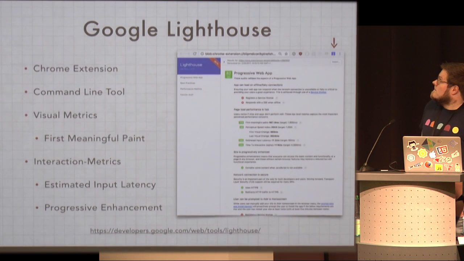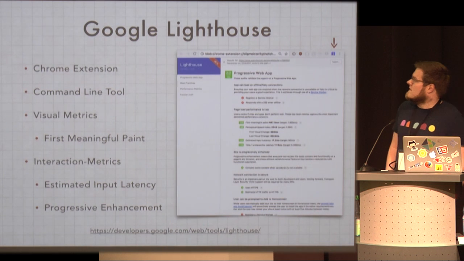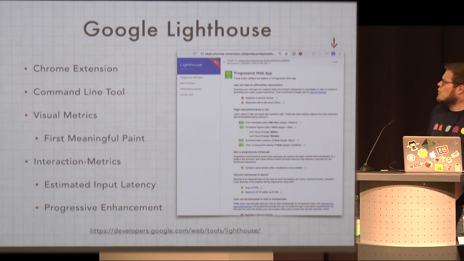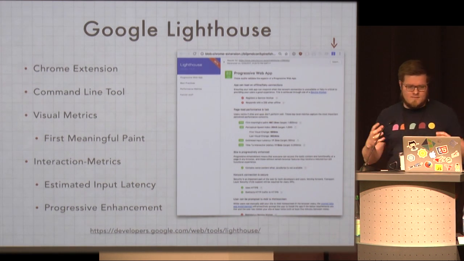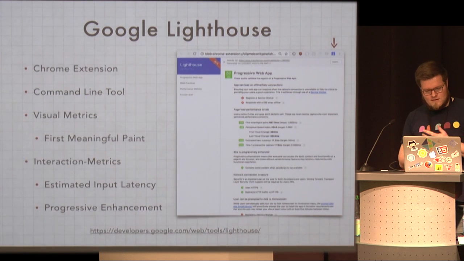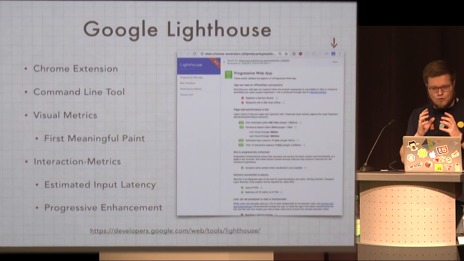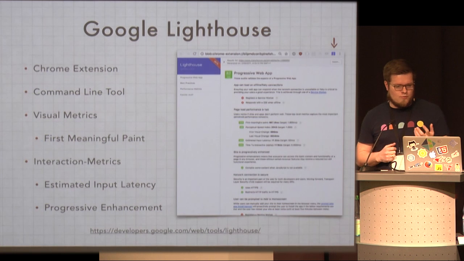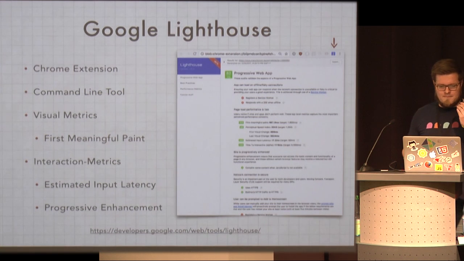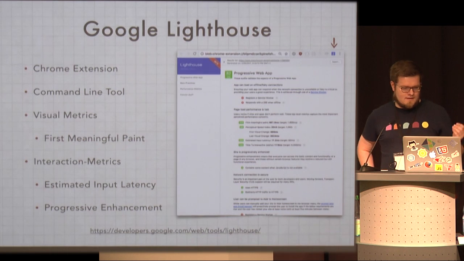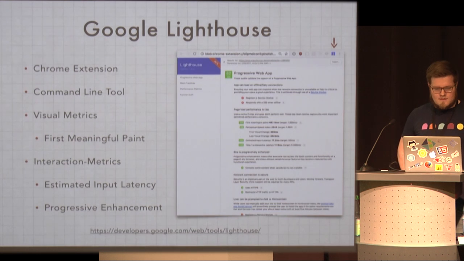Last one. Google Lighthouse. This is quite new. I'm not quite sure when Google started this project. It comes with this Google initiative to promote progressive web apps. So what Lighthouse does is many things that Google PageSpeed already did, but for the first, it works as a